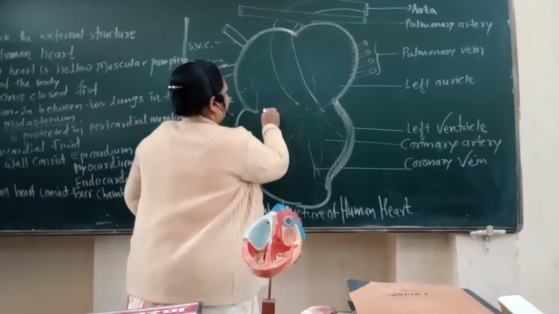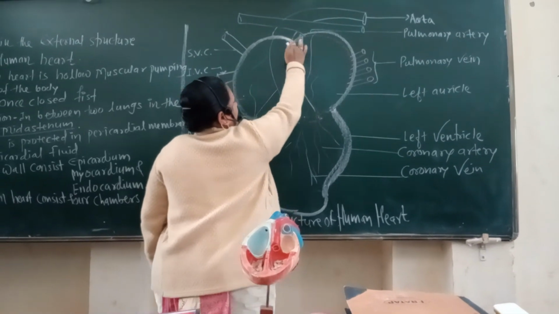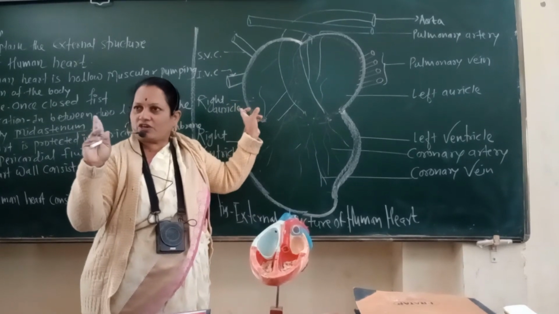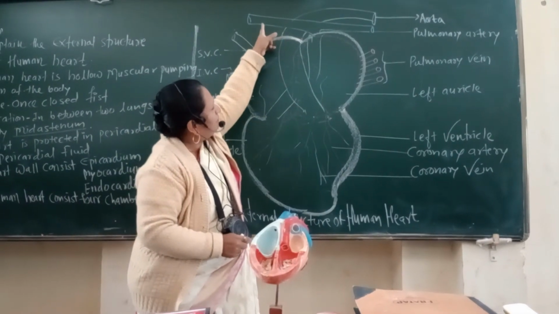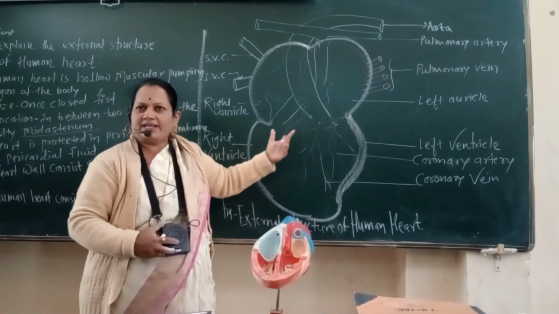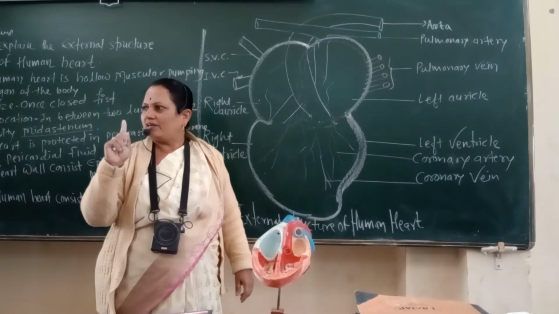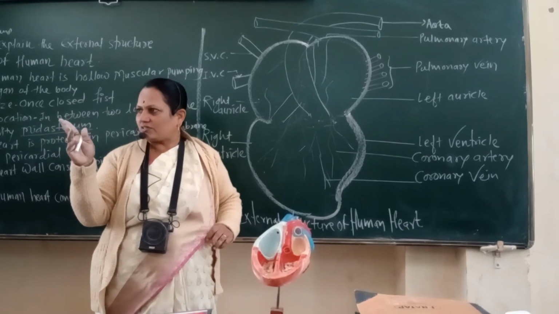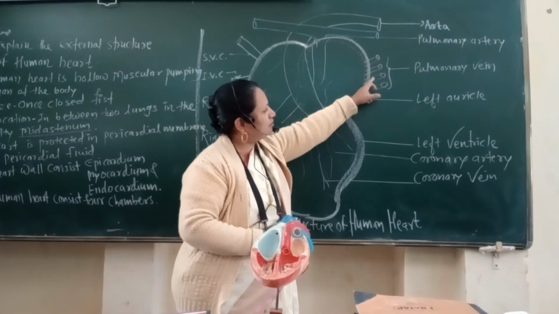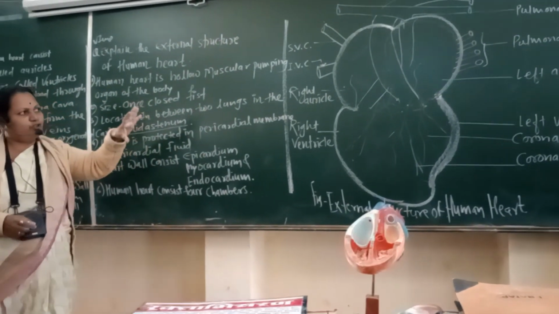Then impure blood from the right side enters the pulmonary artery, and the pulmonary artery supplies impure blood to the lungs for purification, that is, oxygenation. The right pulmonary artery supplies the right lung, the left pulmonary artery supplies the left lung. Why is impure blood transported to the lungs? For purification or oxygenation, and that oxygenated blood then comes to the left auricle of the heart through the pulmonary veins. Overall, the human heart is externally divided into 4 chambers.